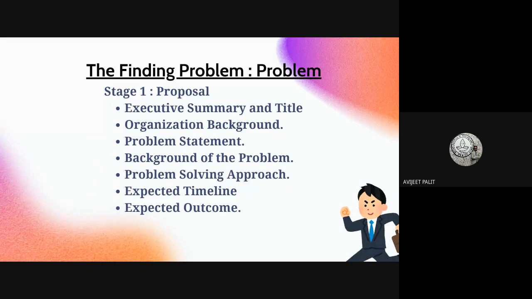And the same goes for the data: I am going to collect this data because I intend to implement this analysis, which will help me solve this problem statement. And then you have to put the expected timelines. For the expected timeline, they demand two things. One is the work breakdown structure, how you are breaking down your work. A project is a big whole thing, so you cannot solve it at once. You have to solve it in small sections. Those small sections go in the work breakdown structure, and then a Gantt chart, which basically shows the timeline of those small breakdowns.